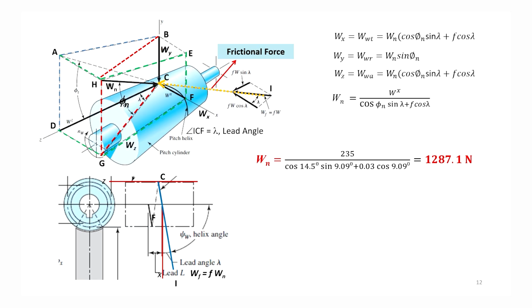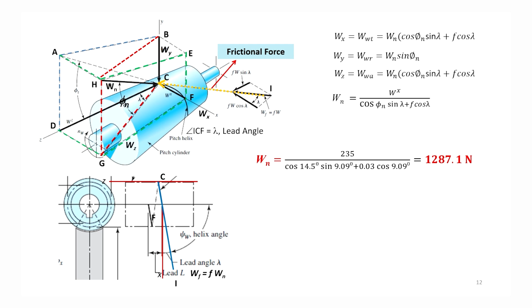This is the axial direction. So, GF is the axial direction, or DC is the axial direction, BC is the radial direction, and tangential direction is C to F. So, when we will take the component of this Wn in the direction of y, which is the radial direction, in the direction of x, which is the tangential direction, and in the direction of z, which is the axial direction,